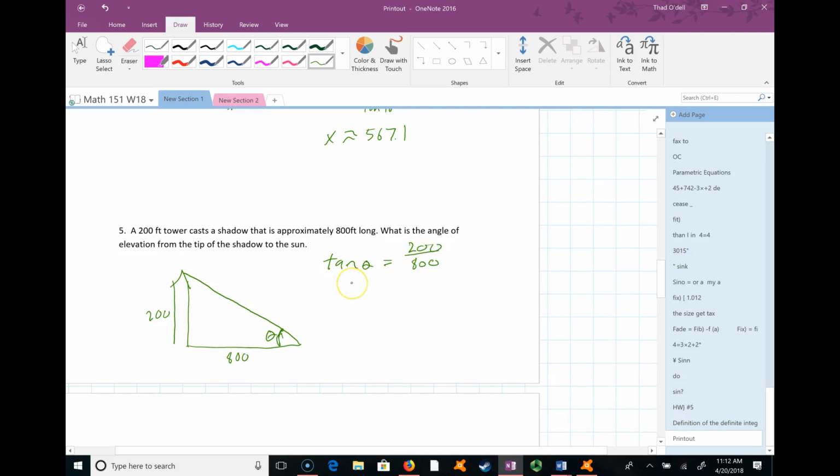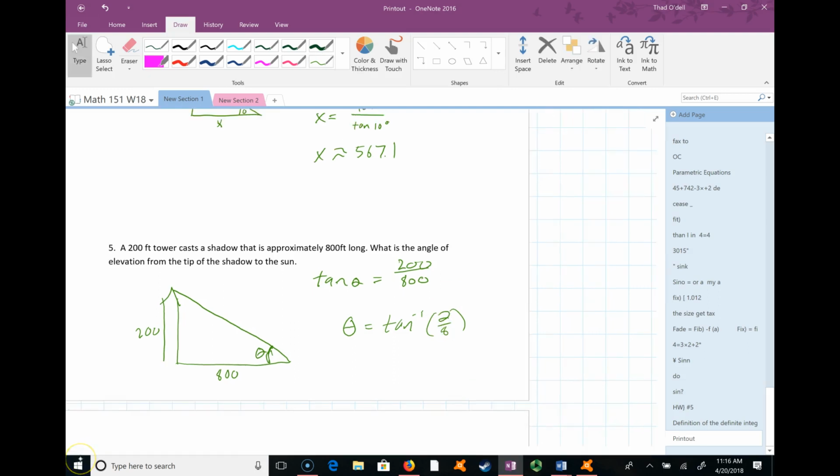Again, we're looking for an angle, so we undo this by taking inverse tangent, which is second tangent on your calculator. So theta is equal to inverse tangent of 2 over 8, because I can just reduce that, right? Because it's just about the ratio, not the actual numbers. So the inverse tangent of 2 divided by 8 is approximately,